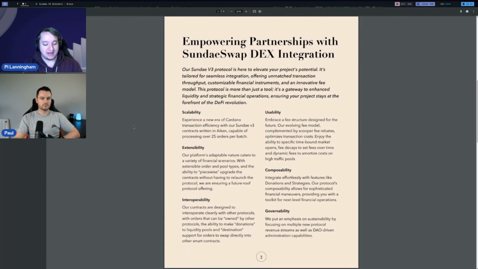Otherwise, you end up having to build a whole new set of infrastructure for every new feature that you want to add, and it's a nightmare. So we've designed things really carefully, and this is a little bit technical, so that in principle, so long as a few core invariants are maintained, like the way that you serialize the datum, you can add new order types and new pool types and things like that.